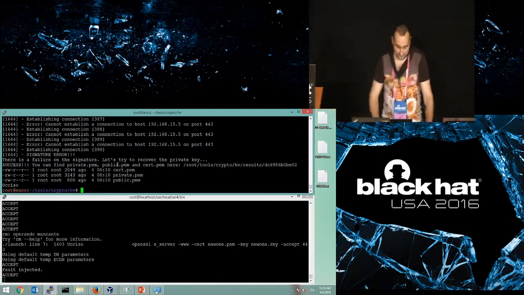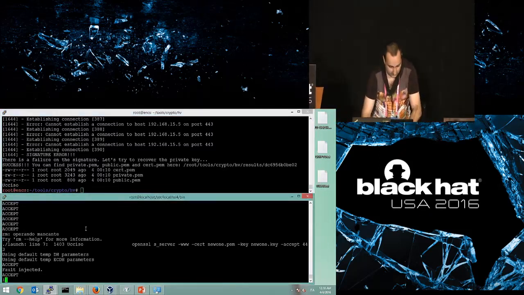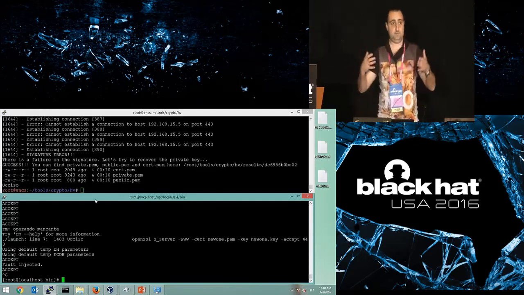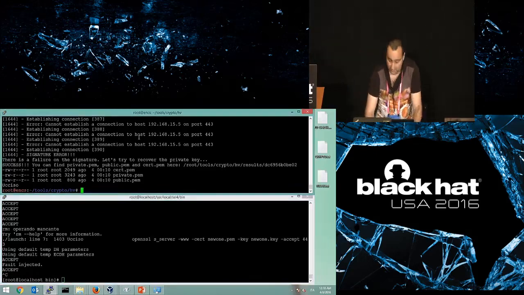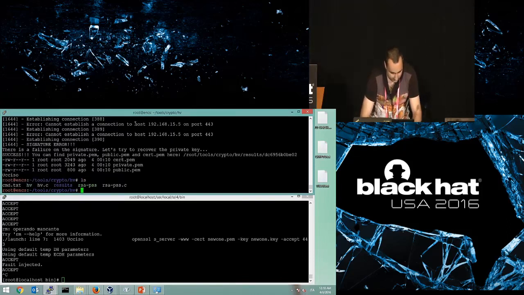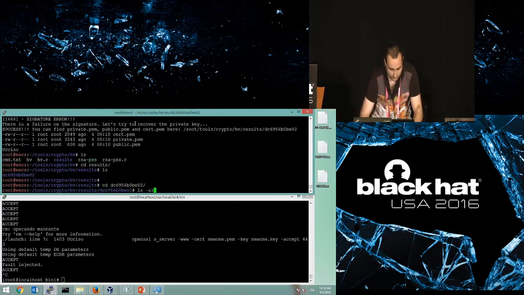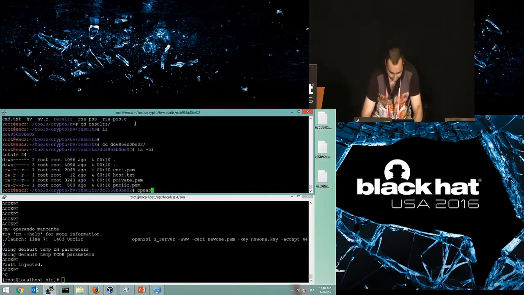To verify this, let's compare the two private keys: the private key generated by the tool and the private key on the server side.